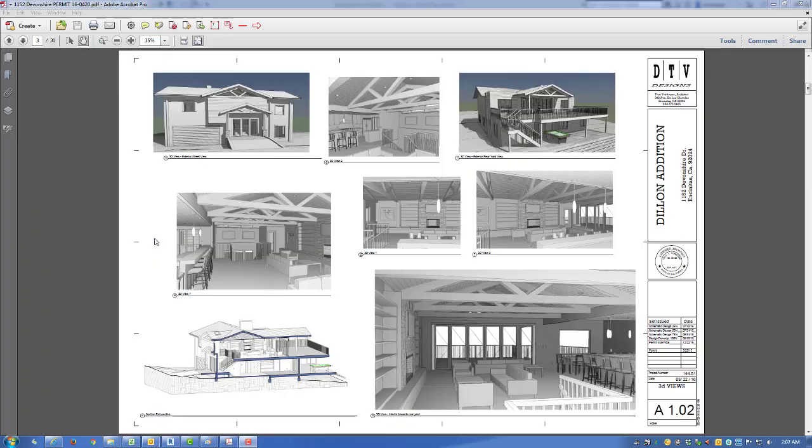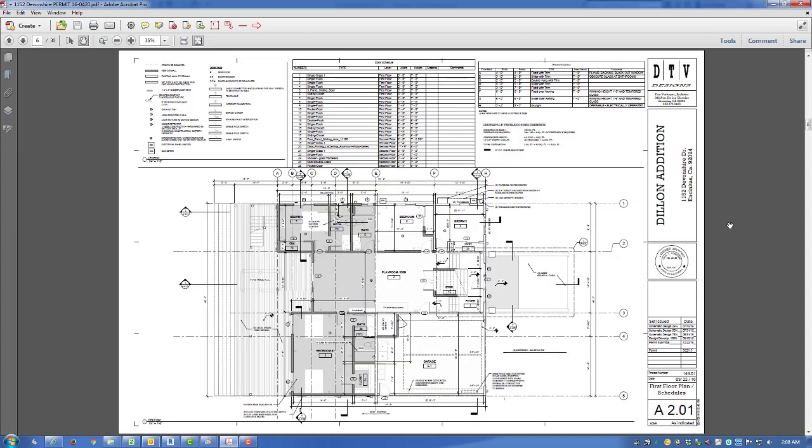Another aspect of Revit is that it is a three-dimensional program. That is, the user can model the building in 3 dimensions and produce images like these that you find on this sheet. However, it's not just pretty pictures. You can create from this 3D model 2-dimensional drawings like this floor plan,